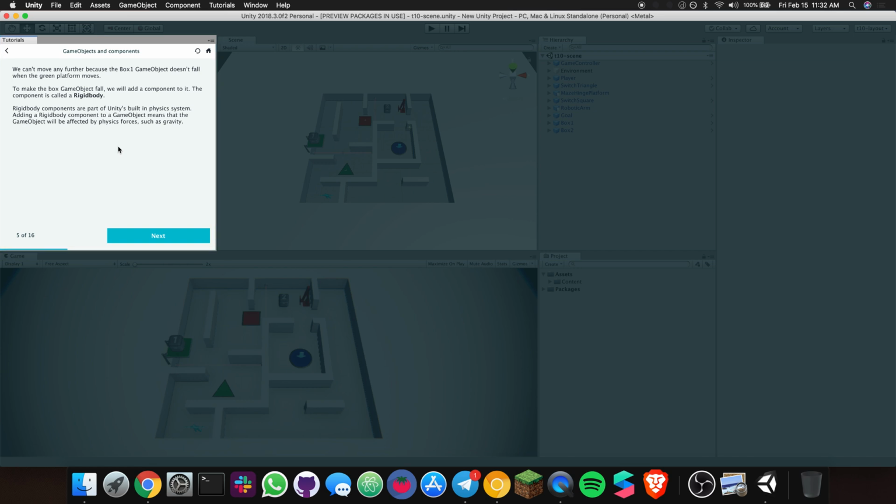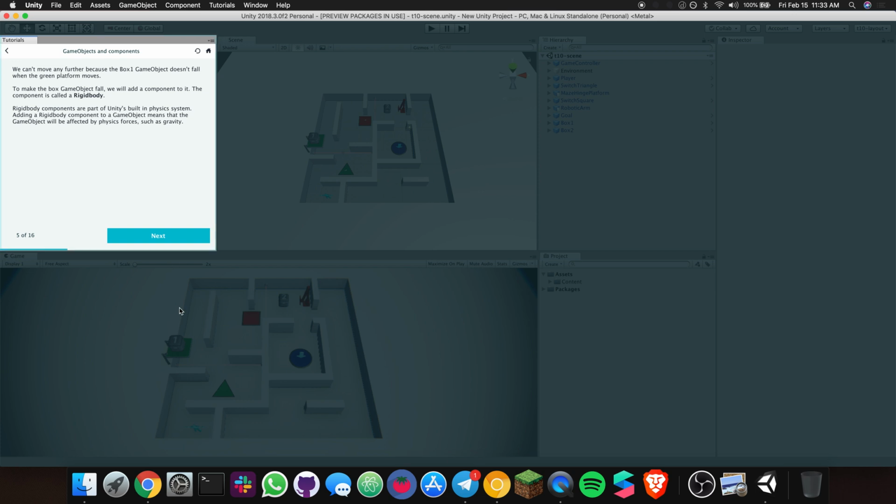It's because the game object doesn't fall when the green platform moves. Okay, so I think I'm trying to understand the game object over here is like a laser thing, and the guy cannot move past through it because he's gonna die. So right now,